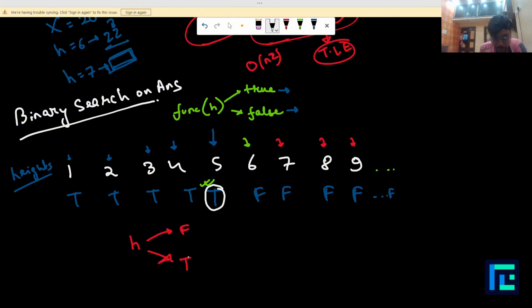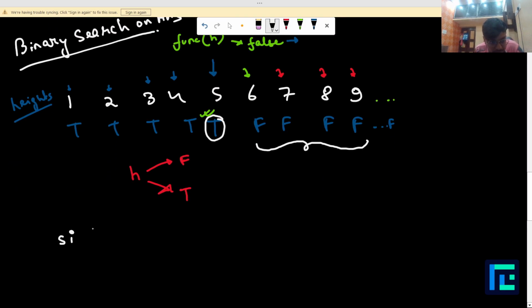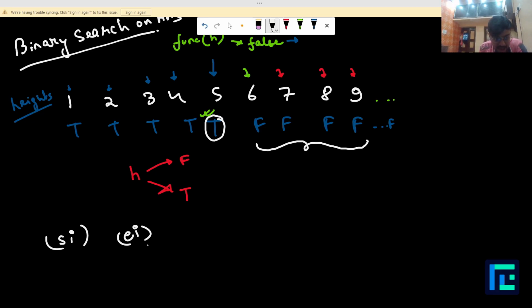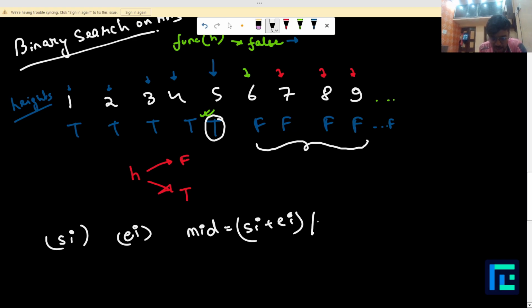If I get the result as false, do you all agree that I am standing at some of the heights that is over here? In that case, can I say that I am currently looking for the answer in the range starting index to ending index, which is basically how we initialize our indexes of the array. So if I am looking for my answer within this range, and let's suppose the height that I chose was mid, which we generally get by taking the middle of starting index plus ending index. So if our height is mid, and for that particular mid height we got the result as false, do you all agree that